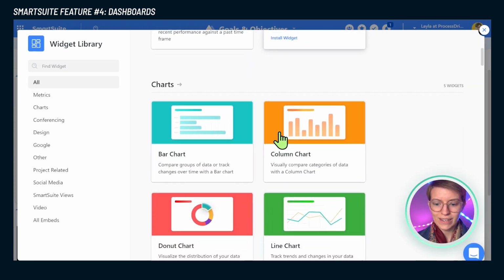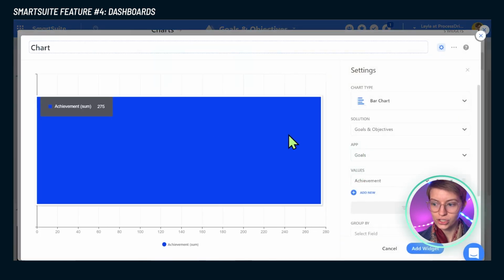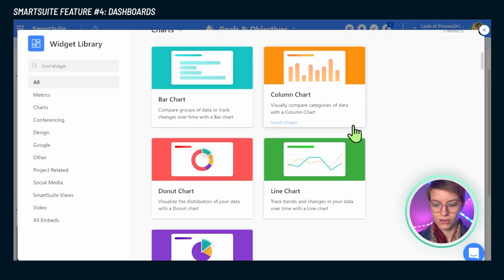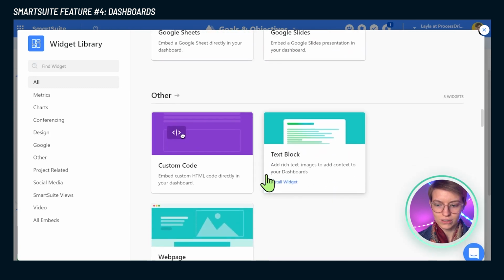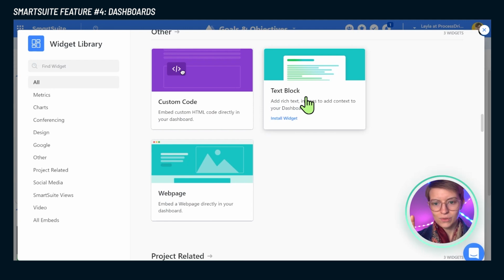Inside of SmartSuite, we have a ton of widgets to allow us to report on things visually. For example, I could create a bar chart with my own defined values, XY axis, filters, group by, and so on to report on a given achievement or progress. In addition to conferencing options and embed options, if I scroll on down here, you can also have websites and custom code and text embedded. So this is really how we can replicate some of those page qualities of Notion, although it's not quite the